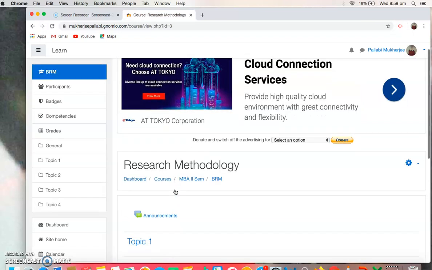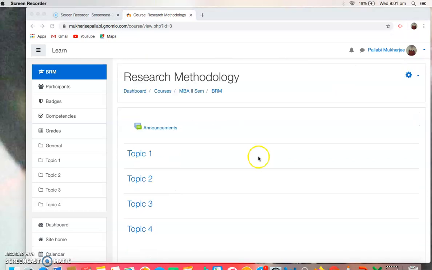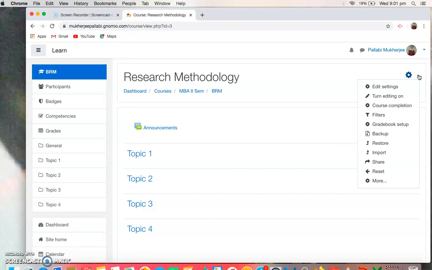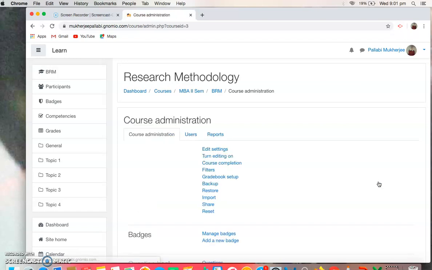I clicked on my course and now I will have to go to the settings. Settings is on the right hand side, on the upper right hand corner. Please click on Settings. Now remember, I'll take you through the rundown. First, go to Site Home. Then go to your courses. Whichever course you want to enroll your students in, just click on that. And then you'll be directed to this page. And then you can click on Settings and right away go to the option of More. Last option. Please click on More.